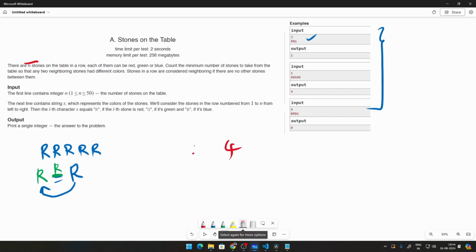But if you think of it, you don't even need to remove this element in the first place. Instead of checking this R after removing this, we can directly check this R. Why? Because this R simply means that this element and the element before it are the same thing. So what I'm trying to say is, instead of checking if